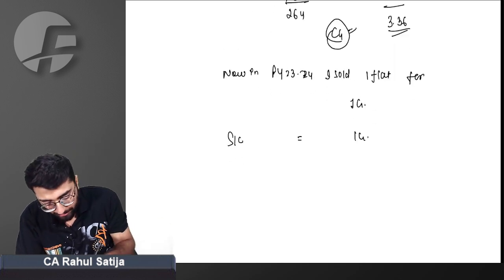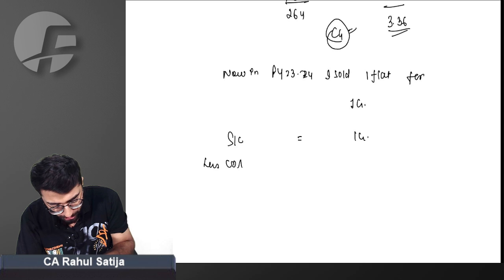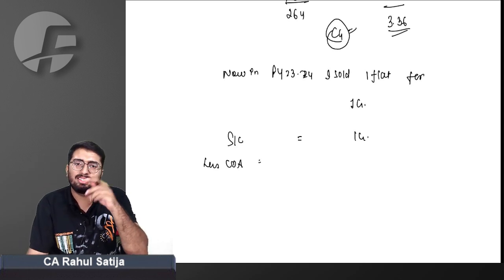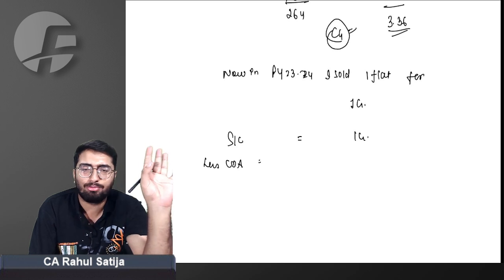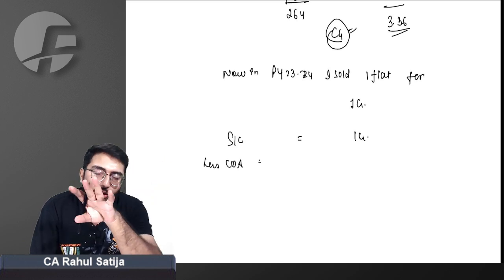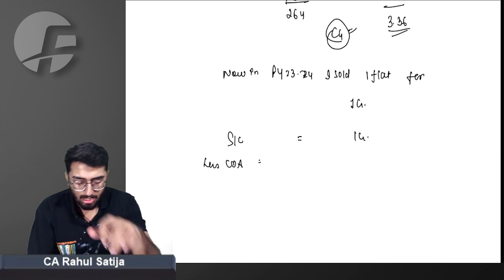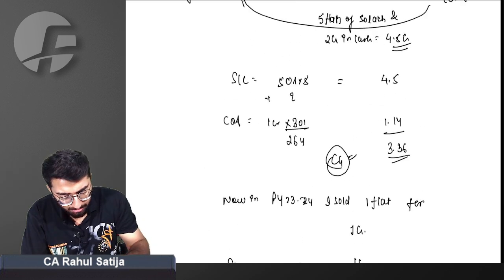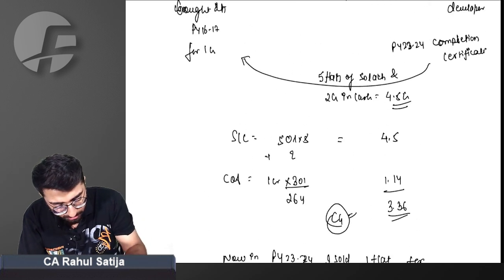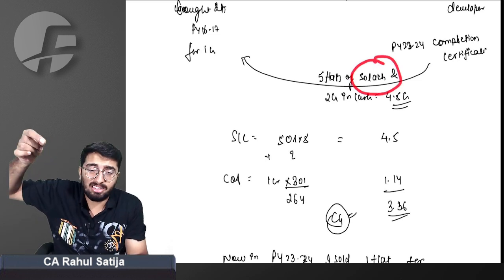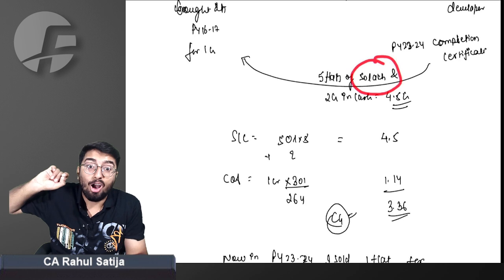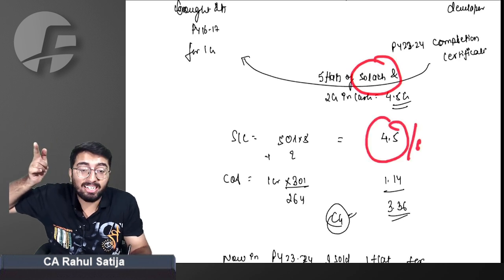Now we have to reduce cost of acquisition from it. Since period of holding is less than a year, it will be short-term capital gain. We don't have to index here. What will be cost of acquisition? Sir, cost of acquisition can be either 50 lakhs, which is the SDV of each flat received, or it can be 4.5 CR divided by 5,